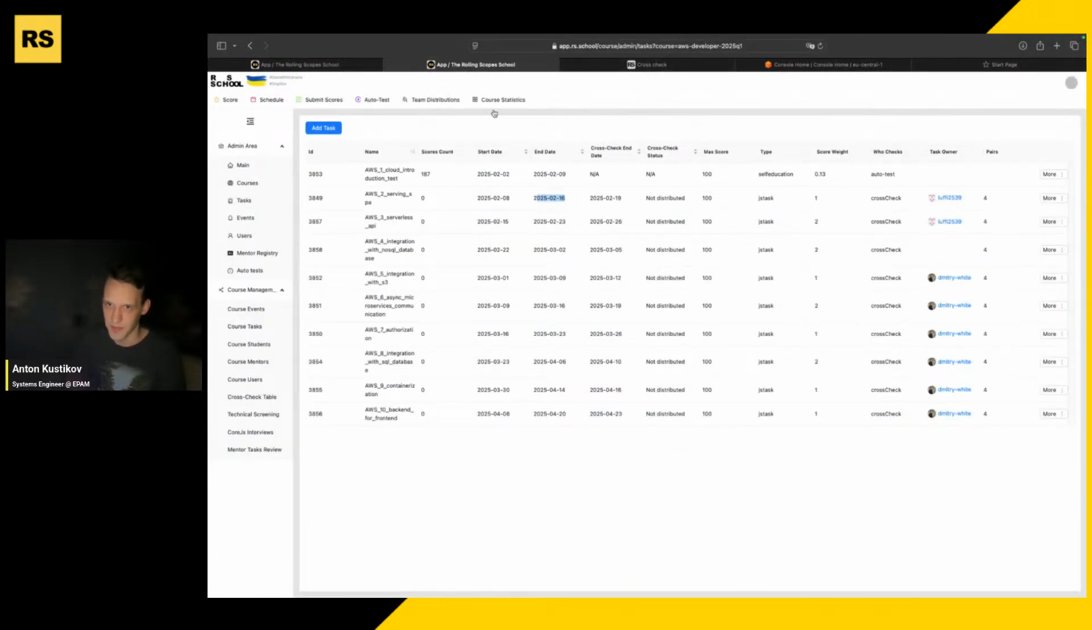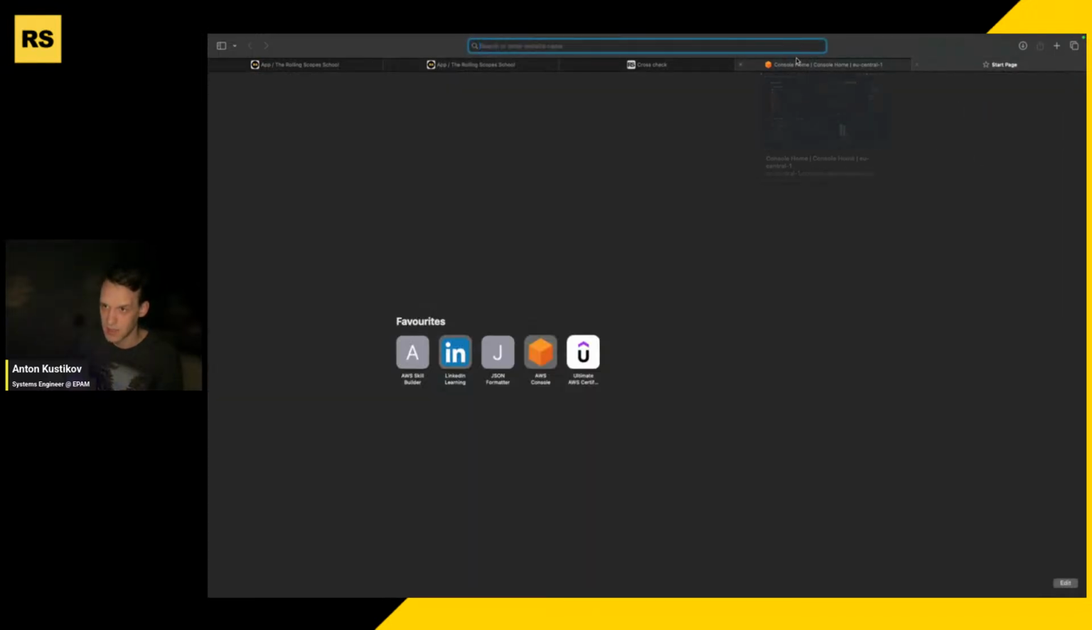What is next? To submit your task, you have a button somewhere in here. It's called cross-check submit. This is the place where you'll need to submit the link to your pull request. In this pull request, you'll need to populate not only the code itself, but also some descriptions. Which exactly,